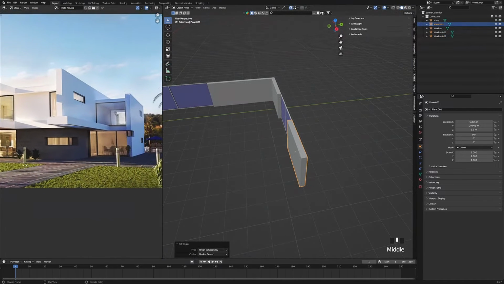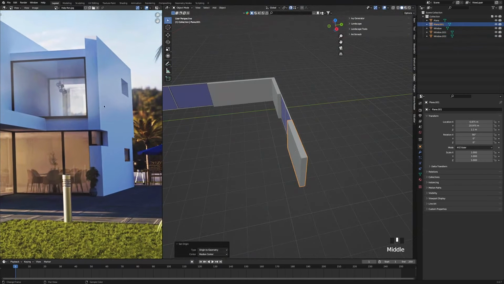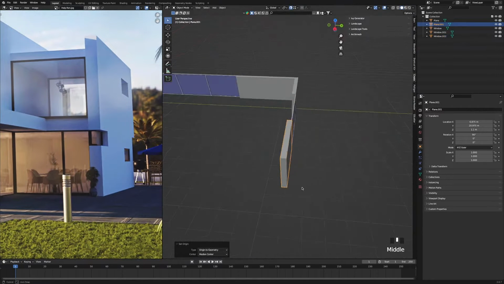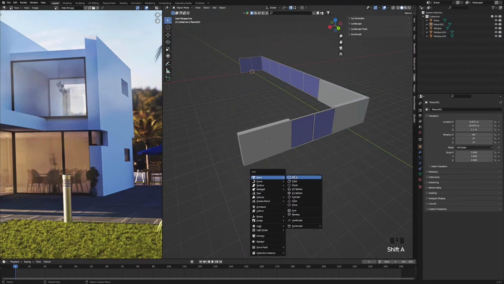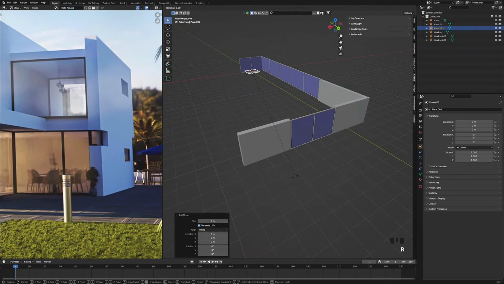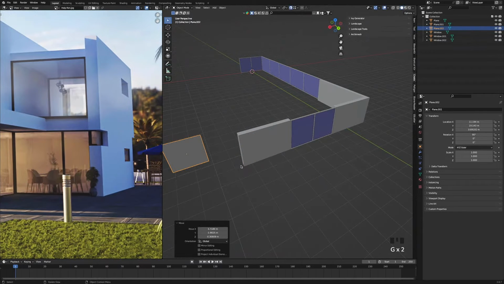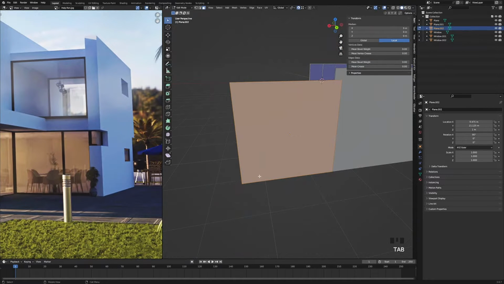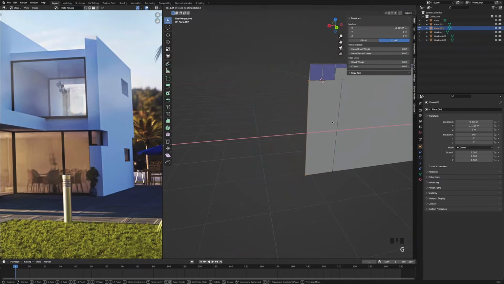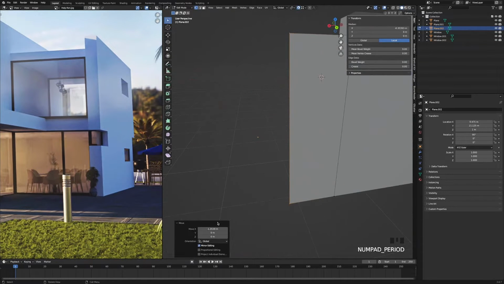Now the next thing we're going to make is this long wall that goes along the right side of the house. So we're going to press Shift A to add another plane. We're going to press R, X 90 to rotate it. Press G, snap it to that corner there. Zoom in. Press Tab to go into edit mode. 1 for vertices. Select the left side of vertices. And we're going to press G, X, and bring it in. And we'll make that amount minus 1.5.